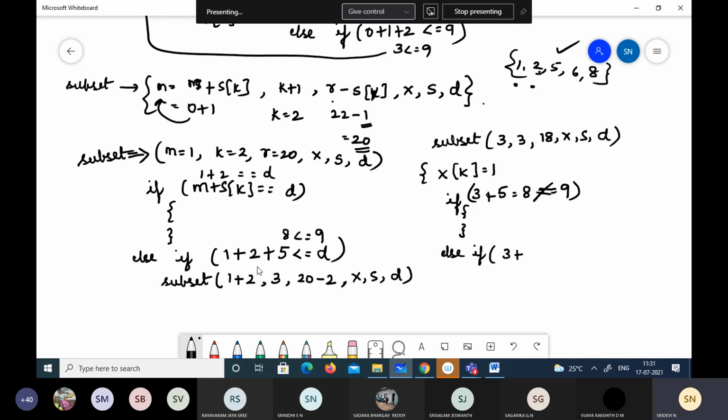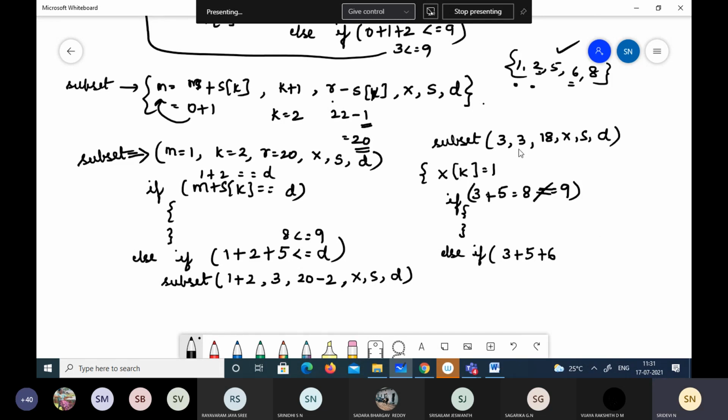Oh, I just missed something. Okay, we have considered s of k is 5, plus the next element I am taking. Next element is 6.